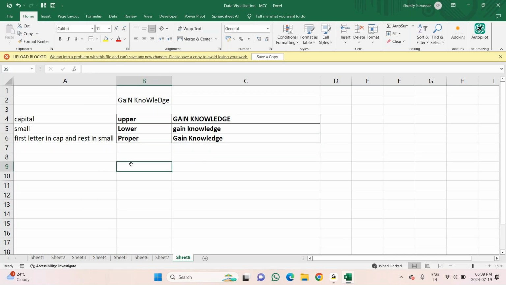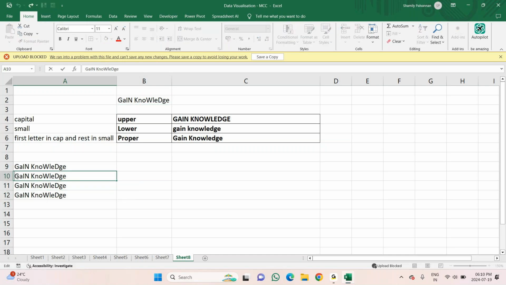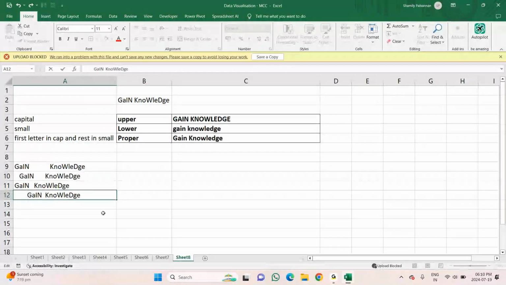Now next one, again I take the same text and paste it as many times as I need. Let me put it four times. In the first one, I am purposely adding a few extra spaces.